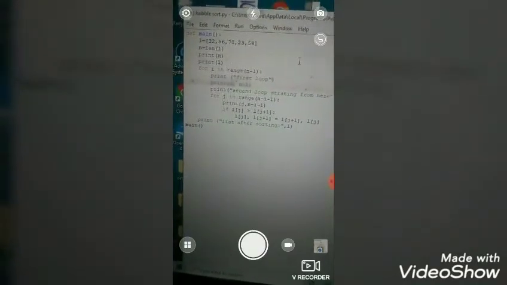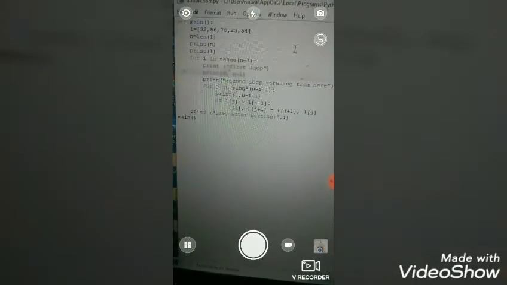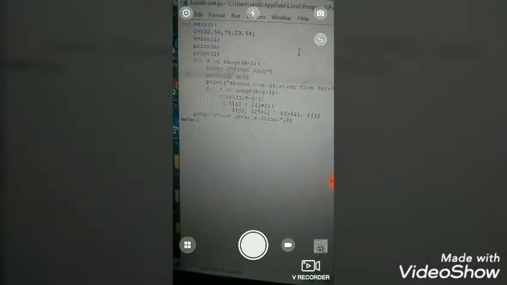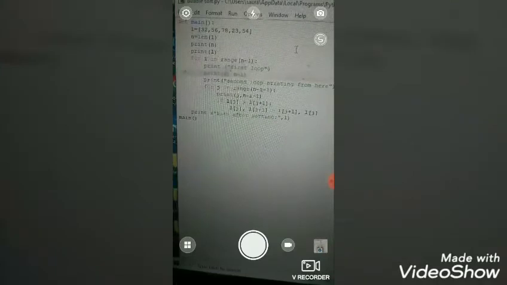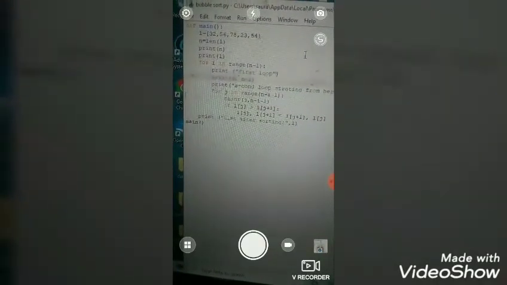Then we print the length, then we print the list. Then the first loop runs, with range n minus 1, meaning length minus 1, starting from i equal to 0.